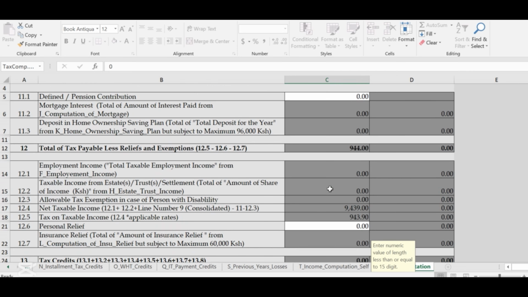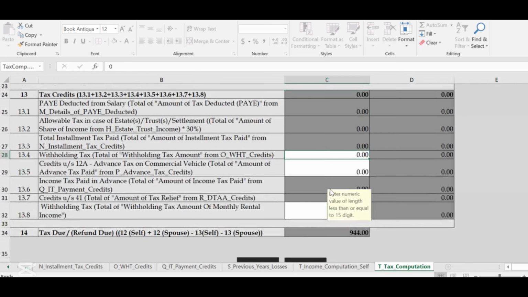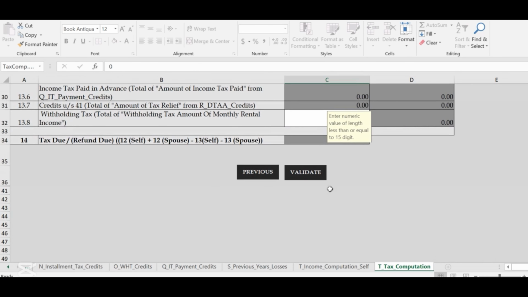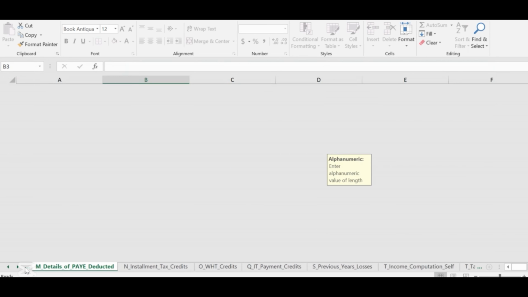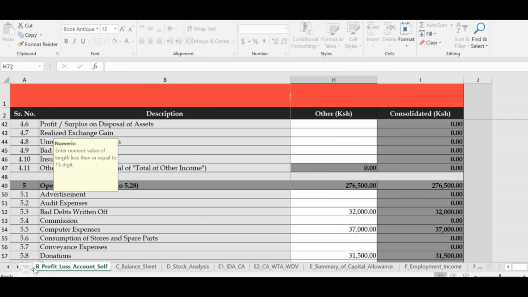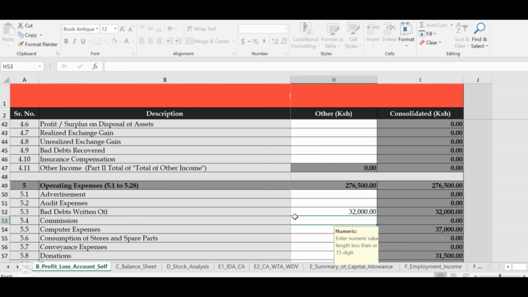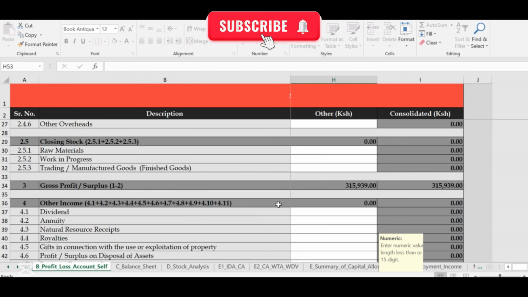Okay, for our case here, so I must try to fix some things here. Okay, because I don't want to pay any other tax apart from what I've paid. Okay, so for my case here, I think